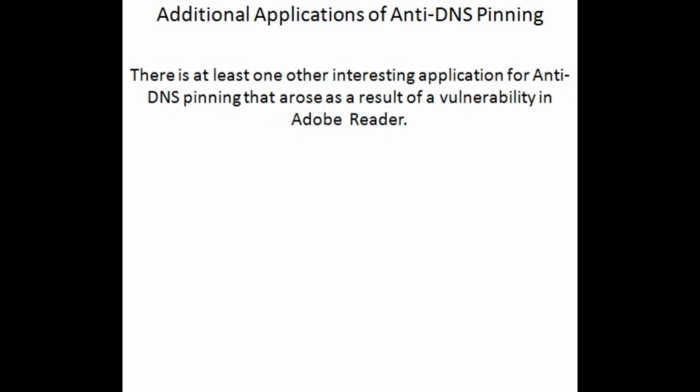Additional applications of anti-DNS pinning. We have already discussed intranet port scanning as an ideal use for anti-DNS pinning. There is at least one other interesting application for anti-DNS pinning that arose as a result of a vulnerability in Adobe Reader. The Adobe PDF Reader in Firefox and Opera was found to have a document object model based vulnerability where an anchor tag could include JavaScript, thus rendering any website that had a portable document format in it vulnerable. There were a number of suggestions submitted to the online community in an effort to control the impact